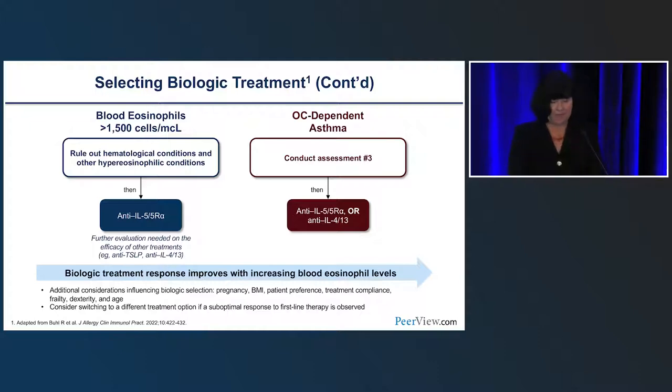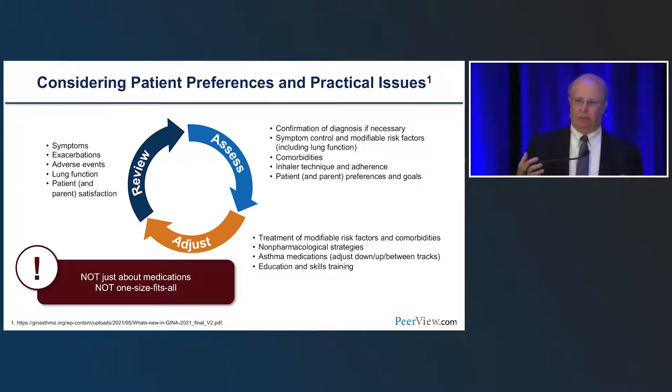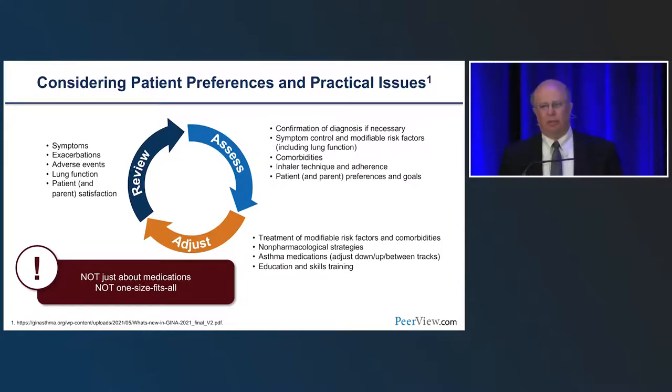And so that would be another caveat to remember. All right, I'm going to turn it back over to you to continue on. Sure. So, we've gone through the drugs, we've gone through the strategies, but we thought it was important to go